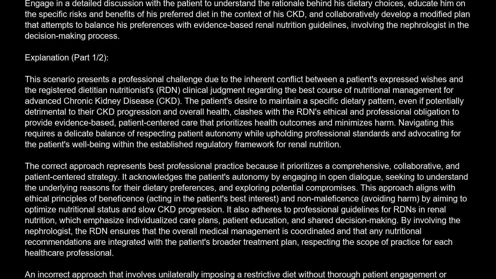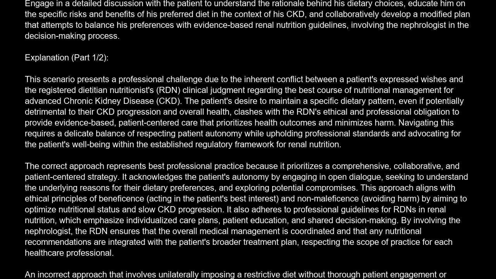Engage in a detailed discussion with the patient to understand the rationale behind his dietary choices. Educate him on the specific risks and benefits of his preferred diet in the context of his CKD, and collaboratively develop a modified plan that attempts to balance his preferences with evidence-based renal nutrition guidelines, involving the nephrologist in the decision-making process. Explanation. This scenario presents a professional challenge due to the inherent conflict between a patient's expressed wishes and